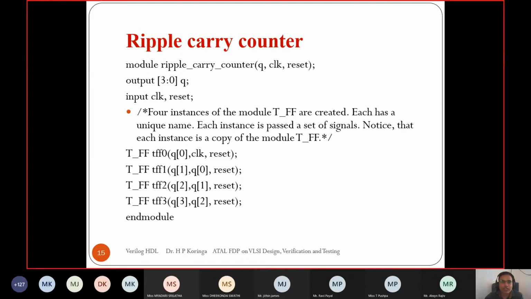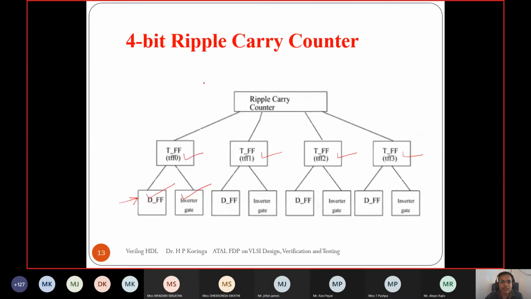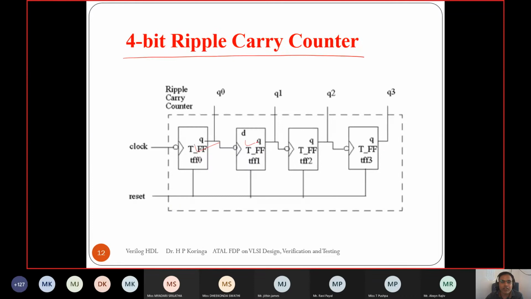So let's see the ripple carry counter design. First of all, it uses instances of different T flip-flops. Here we have seen that we require 4 T flip-flops to construct the 4-bit ripple carry counter.